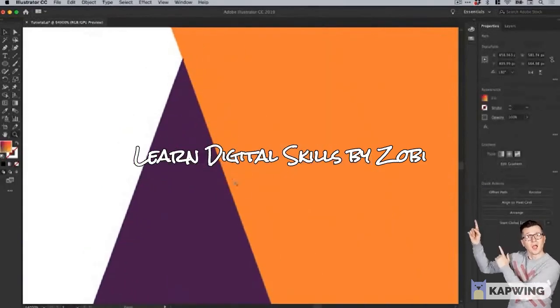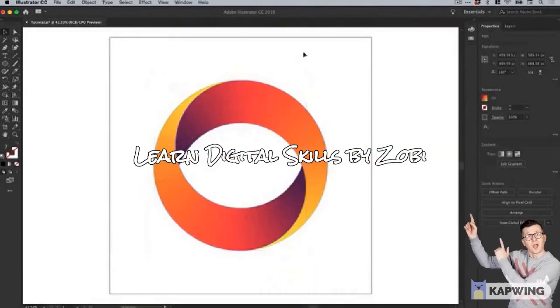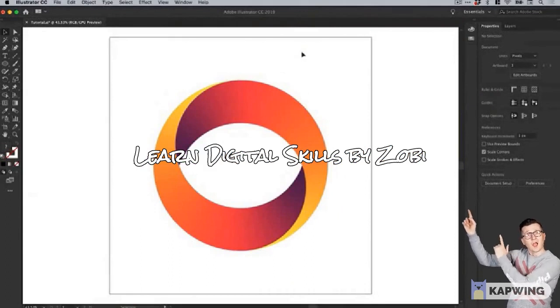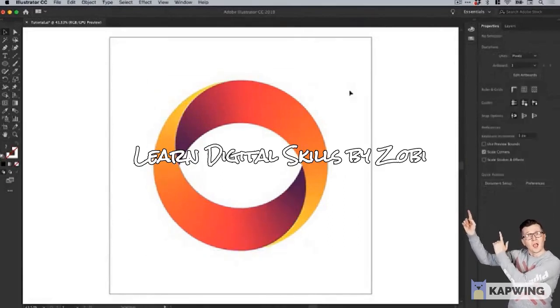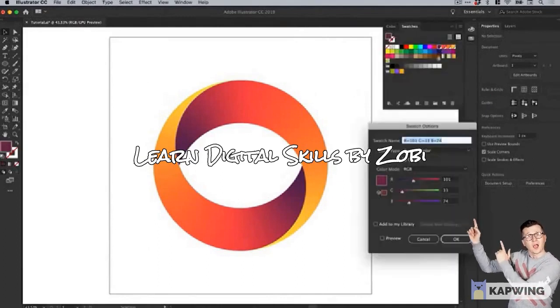And if you are zooming in to these percentages, I think I'm at like 64,000% now. If you get it right and it lines up at 64,000%, when you zoom back out, it's going to be perfect. It's going to be impossible to tell the difference if there are any gaps or not. Unless you want a gap, for example. Actually, no, that looks terrible. Let's put it back. But there we go. So we've created the design now. And as I say, you can go back, check preview, and you can adjust this swatch, and you can see it up